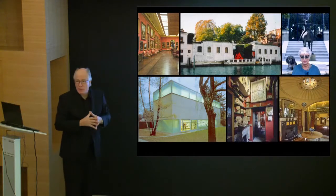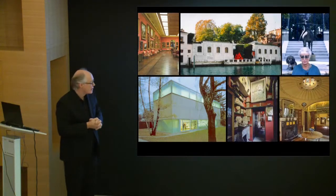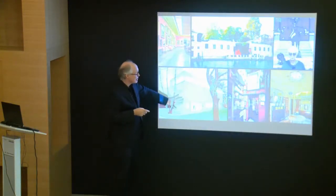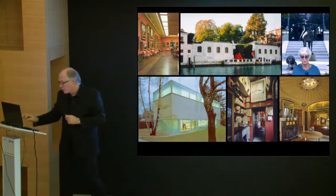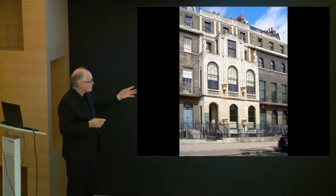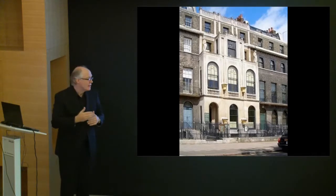In more recent times, though, these were some of the precedents that informed this project, and many of you will have visited these. This is Mrs. Goetz's little museum in her back garden in Munich, the Wallace Museum in London, Peggy Guggenheim's museum, and John Soane's fabulous museum in London. And this is one that we all visited when we were students, John Soane's museum, and he progressively purchased terrace houses in Lincoln's Inn Fields to create this